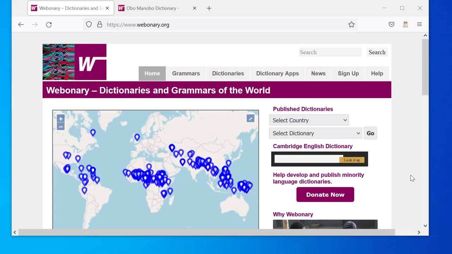If you have dictionary data in FieldWorks, it's very easy to publish it on Webinary. The first thing you need to do is to request a site. You need to go to